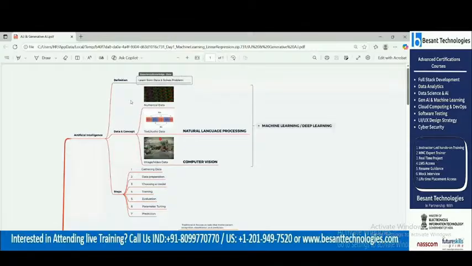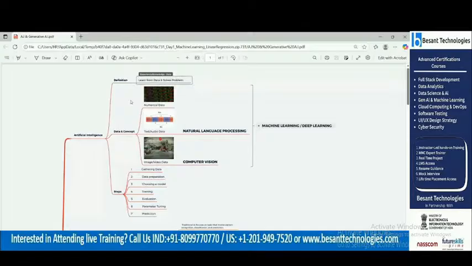And with AI you can use machine learning or deep learning. Whenever you are converting text to audio, or text to language or language to language, at that time NLP comes, natural language processing. And computer vision, I have already told you, image and video data is called computer vision.